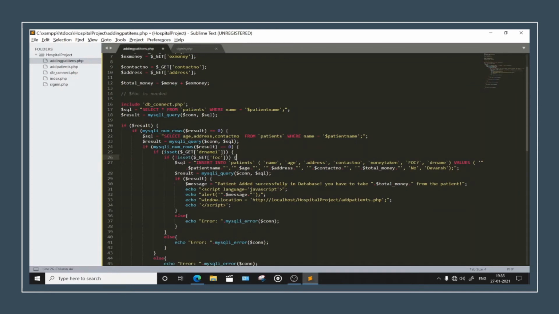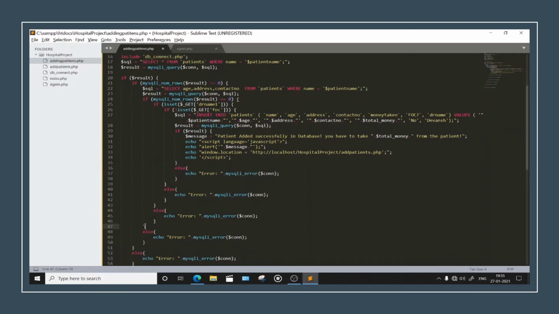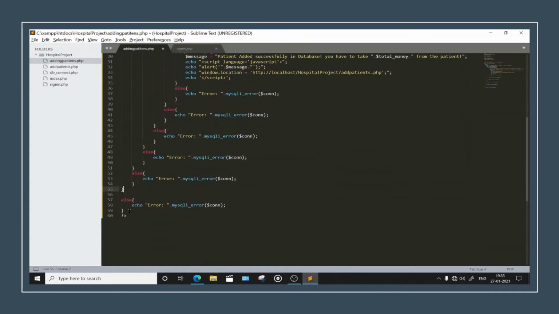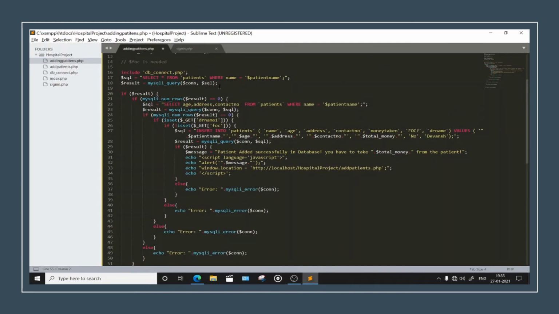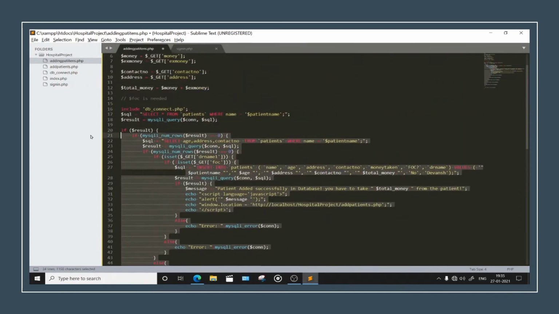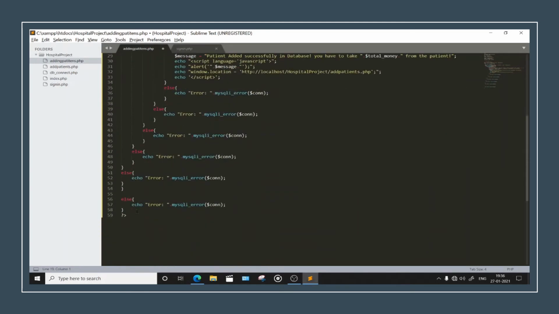Just check if we have proper brackets. If else, we have this. Is it being highlighted? Yes, it is being highlighted. Okay. It means this thing is not being executed. Okay. De-indent this. Save this.